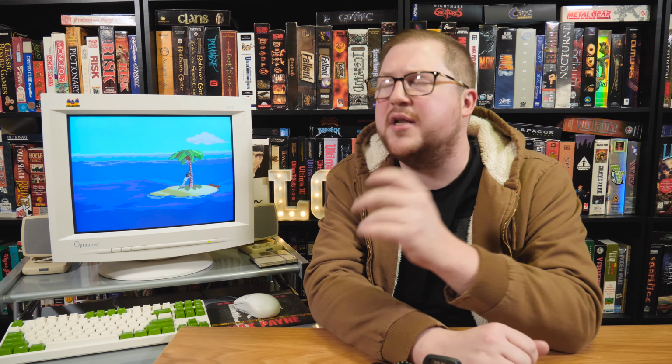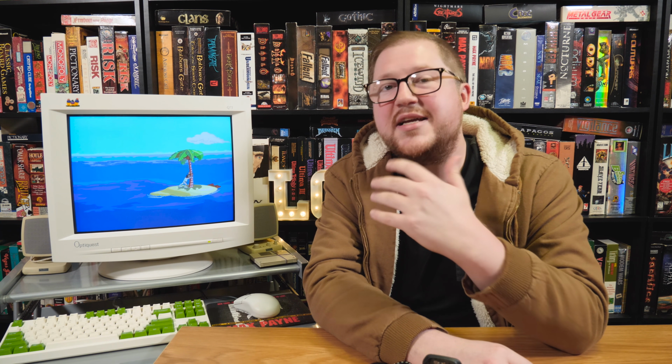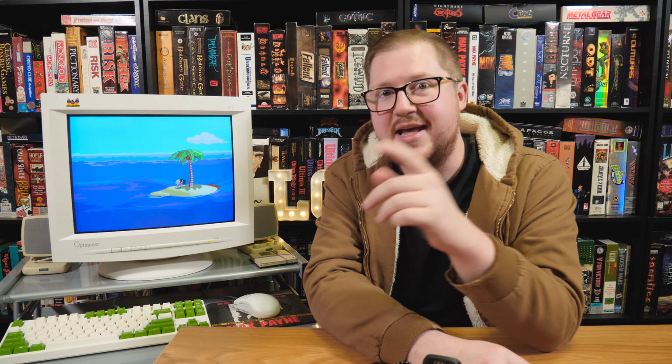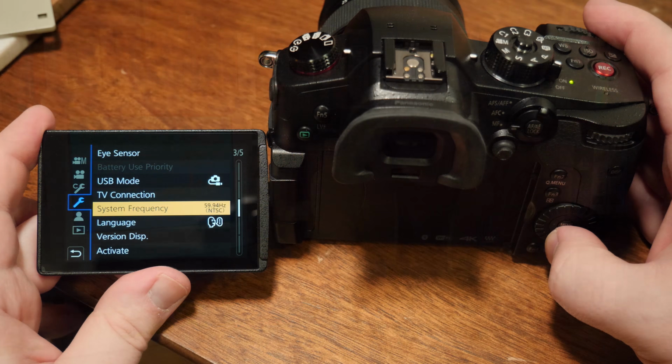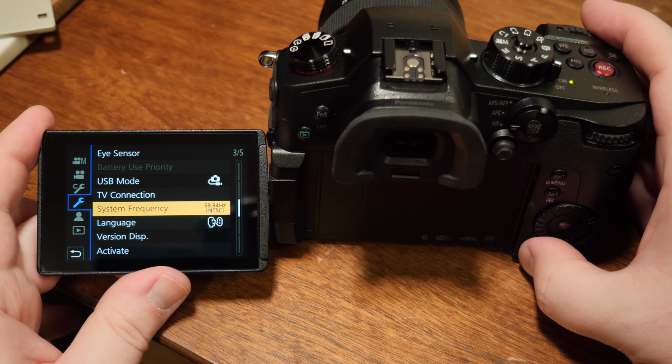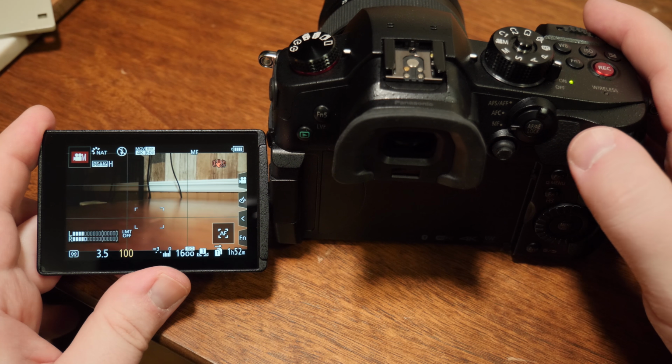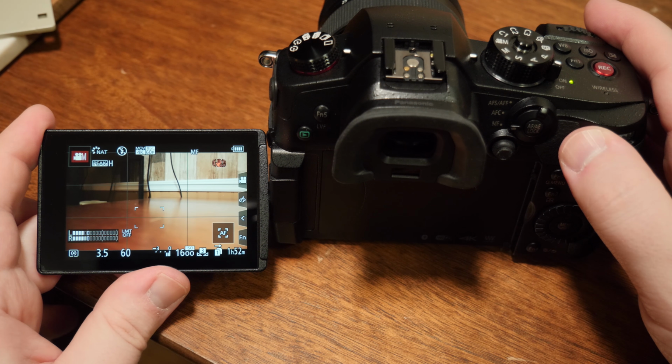So starting off with refresh rate, and this is pretty much the most well-known method of reducing flicker and generally making CRT imagery look better, and that is syncing, or getting as close to syncing, the refresh rate of the monitor, the vertical refresh rate that is, and the shutter speed of your camera. And in this case, here in NTSC land, that would be 60 hertz, or really 59.94, rounded up to 60, and the shutter speed of 60 on my camera, and those more or less make it look good.